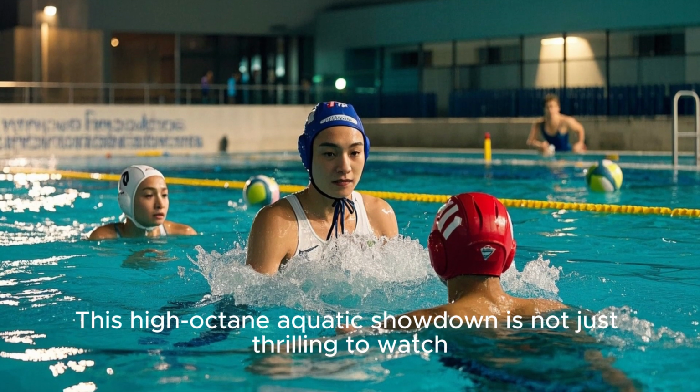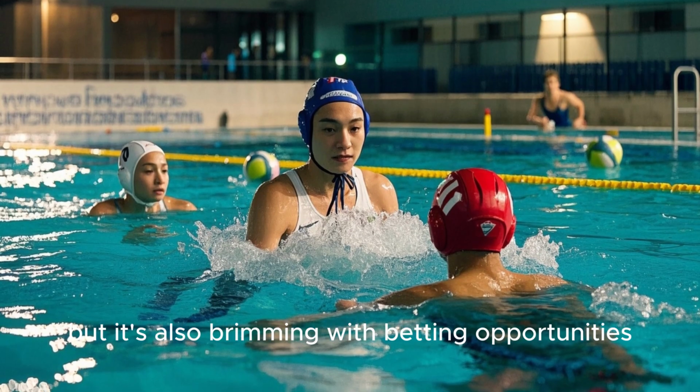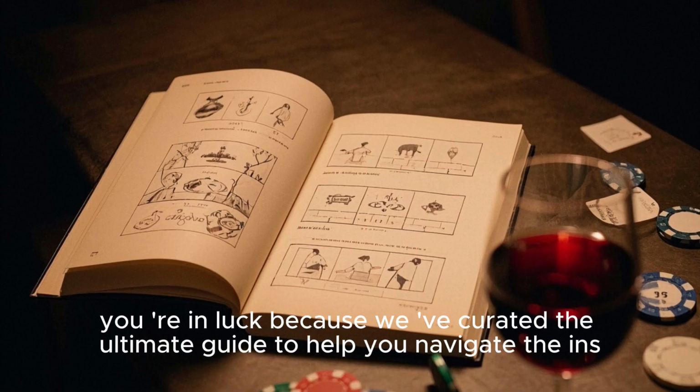This high-octane aquatic showdown is not just thrilling to watch, but it's also brimming with betting opportunities. Imagine diving headfirst into the heart of the action and trying to predict which team will emerge victorious, or maybe putting your money on the total number of goals scored. Well, if you're an Aussie looking to dip your toes into the world of water polo betting, you're in luck